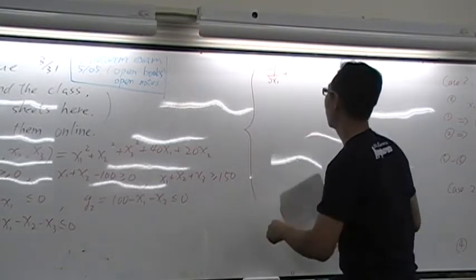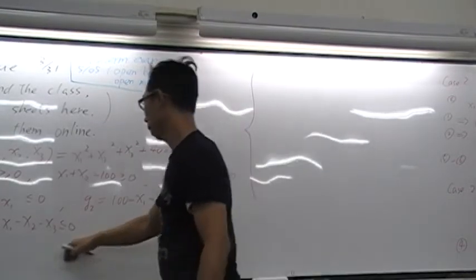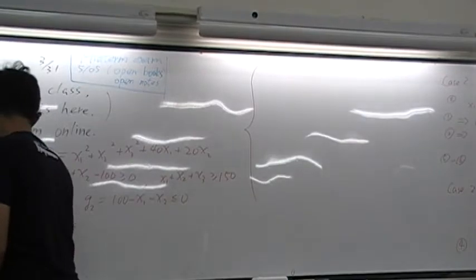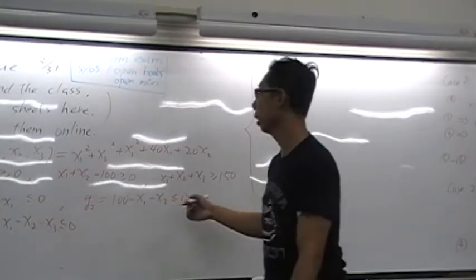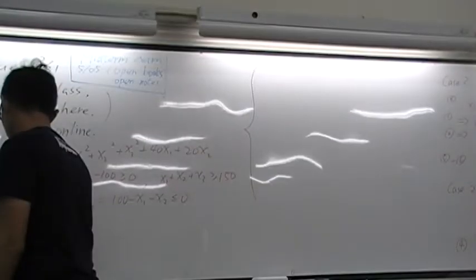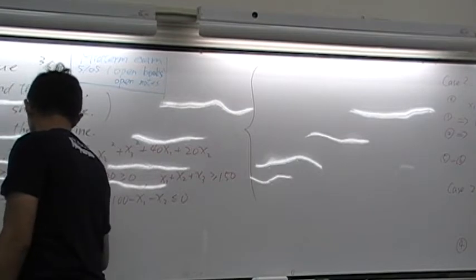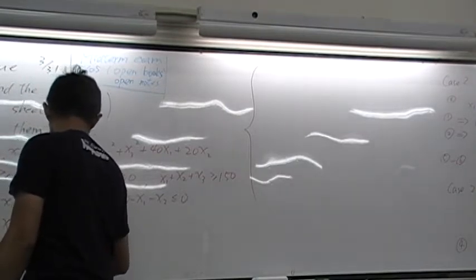Wait, I still think it's better to define L first. So let's say L is what? L is F plus the summation of lambda G. Okay, so L equals F plus lambda 1 G1, lambda 2 G2,